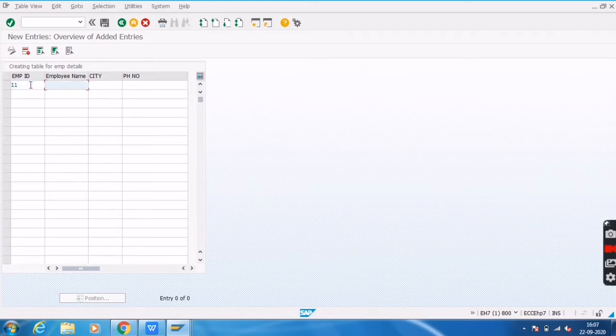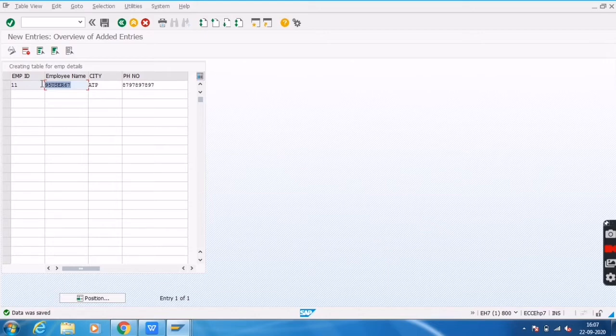The 11th entry. Here I am not giving any name. Simply I will make it as ATP. The phone number is this one. Click on save. So the data was saved. Here we can see this is automatically fetched by using TMG events.